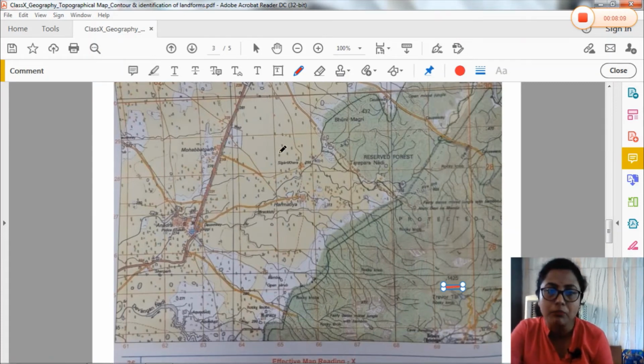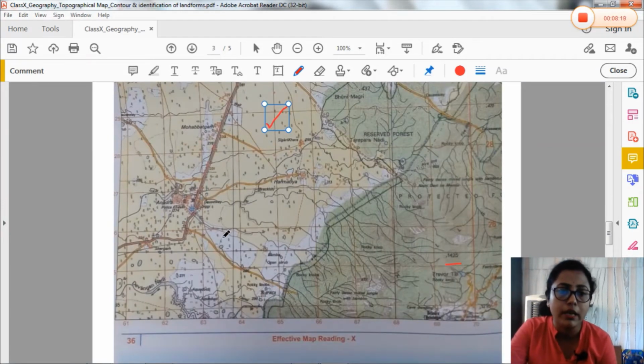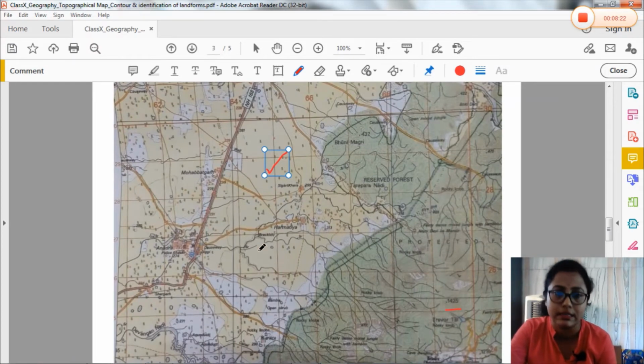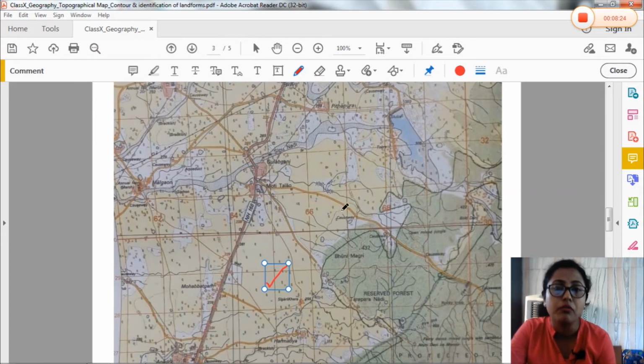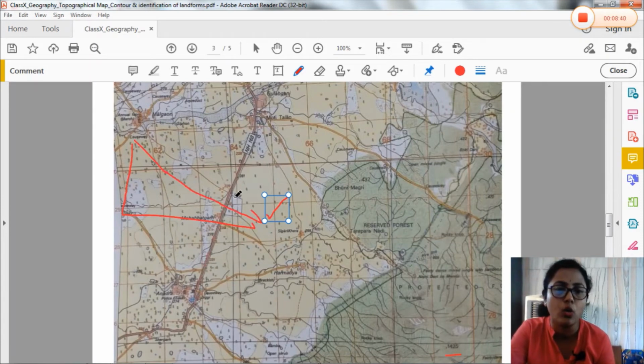Now if you come to this side, this is your agricultural land. This yellow wash means agricultural land, and here you will get one or two contour lines, meaning contour lines are far apart from each other, so it is indicating flat land. So if the question is what is the general slope of the land, what will be your answer? We are considering slope from the highland to the lowland areas. So here the highland is situated this side and lowland is situated this side.